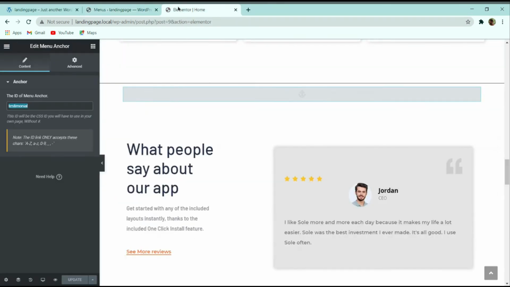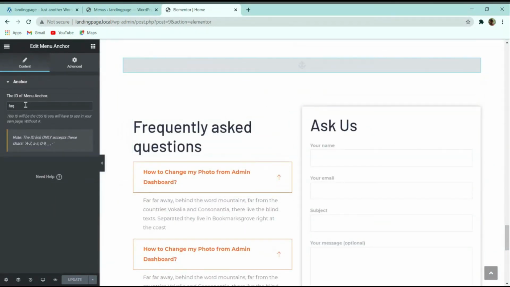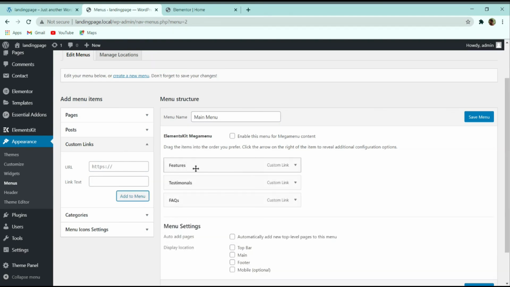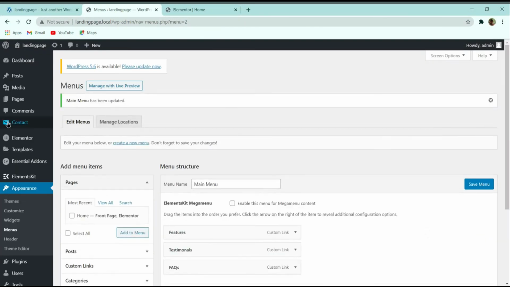Similarly for the FAQs, I will go to the menu anchor ID, and you can see that it is FAQ. I will simply copy it, and in the URL I will give a hash mark and then type the anchor ID, and in the link text I will write FAQs and then click on add menu. As you can see, feature, testimonial and FAQs we have created. Then click on save menu.